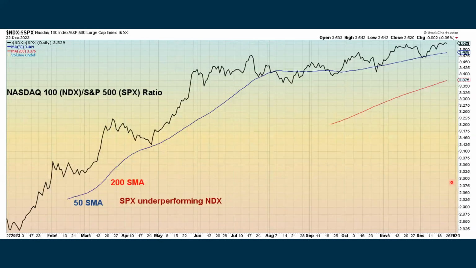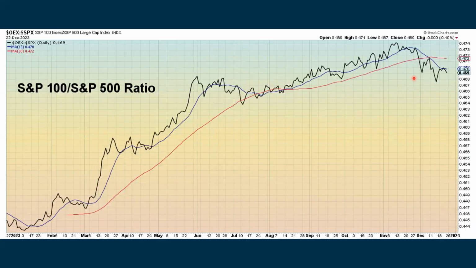Then we look at the NASDAQ 100 and compare it to the S&P 500, and both are doing really well, but this ratio going up means that the NASDAQ 100 is doing better than the S&P 500. This is a little bit of a concern too, where we're seeing the S&P 100, which has been outperforming for a lot of 2023. It's not really outperforming now when you compare it to the rest of the S&P 500. And this tends to be the big mega caps. So the fact that this is coming down and we're seeing a recent death cross here, that's a little bit